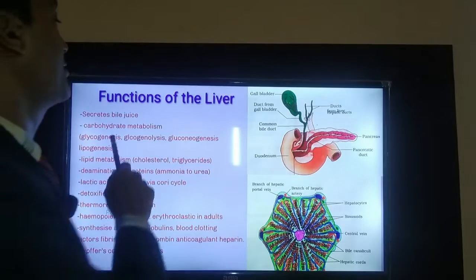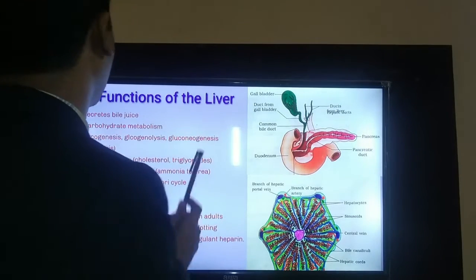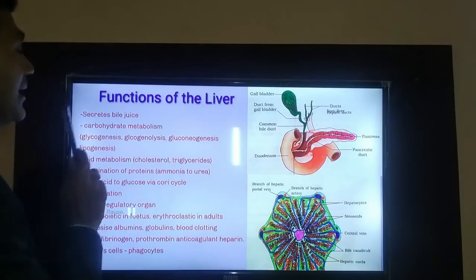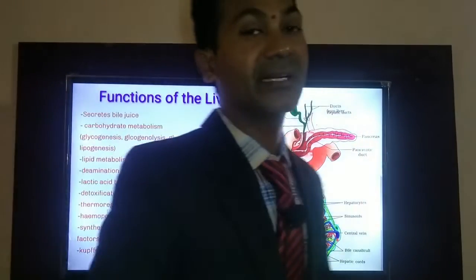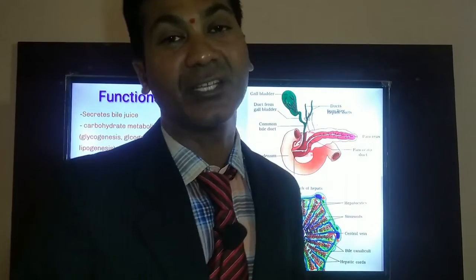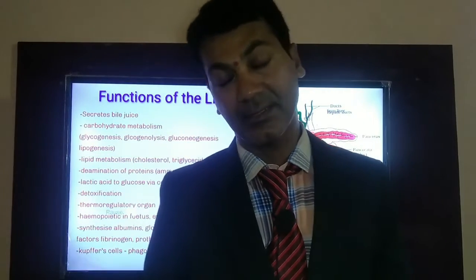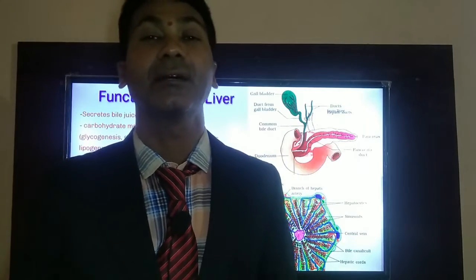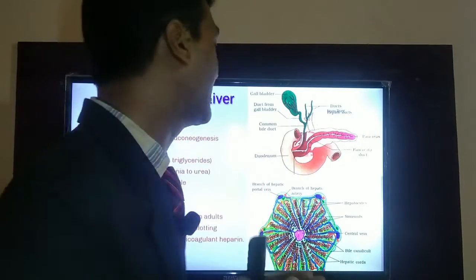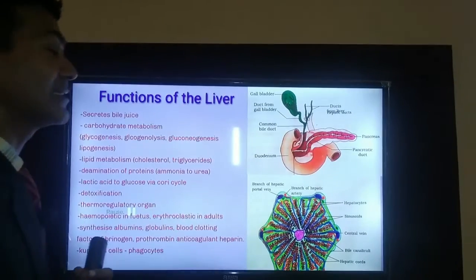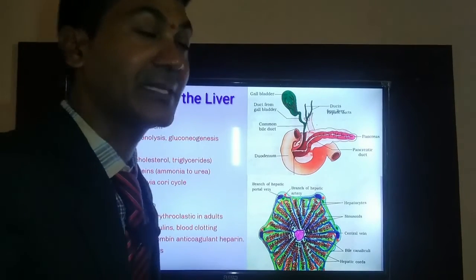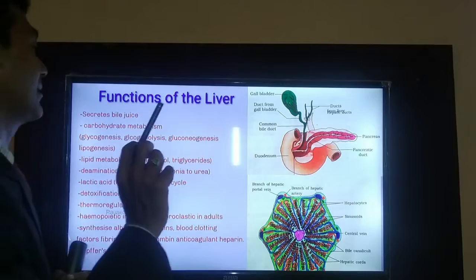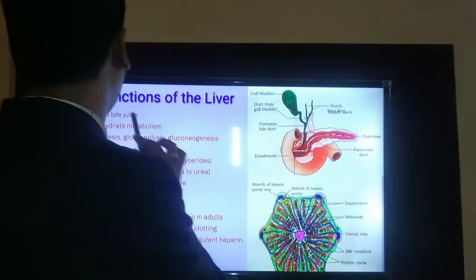Right. So the function of the liver. As we know, it secretes the bile juice. Bile juice has no enzymes, but it plays a vital role in emulsification of fats, as the bile juice contains some salts like sodium cholate and taurocholate, and these help in neutralizing the HCl, as well as in the emulsification of fats. But there are no distinct enzymes present in bile juice.